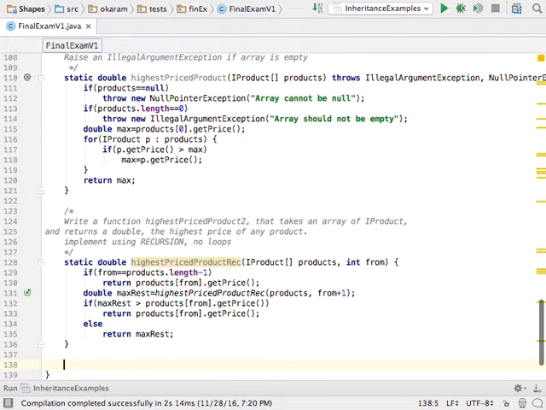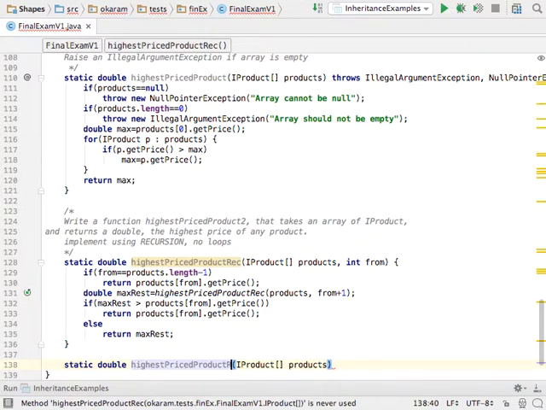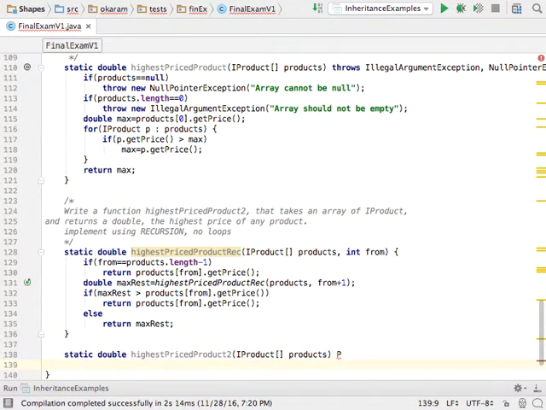And now we need our wrapper function, which is what we really wanted to write, right? And that would return